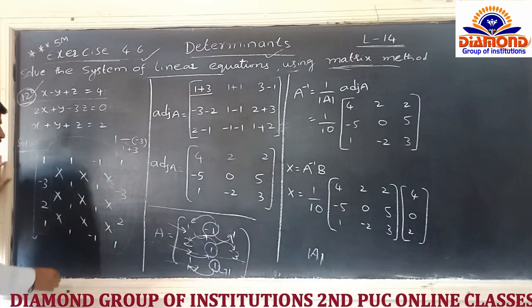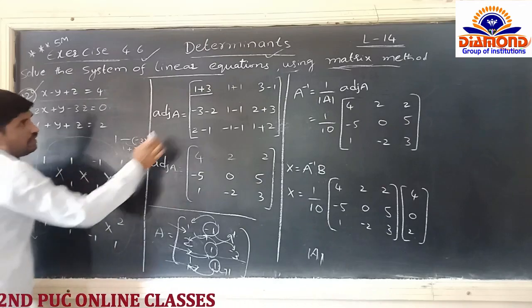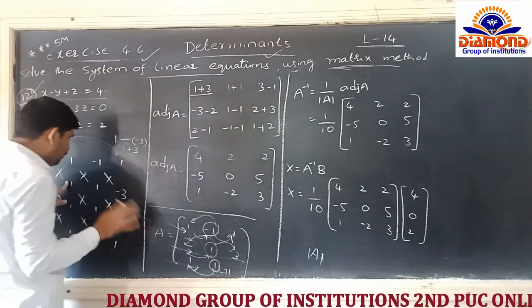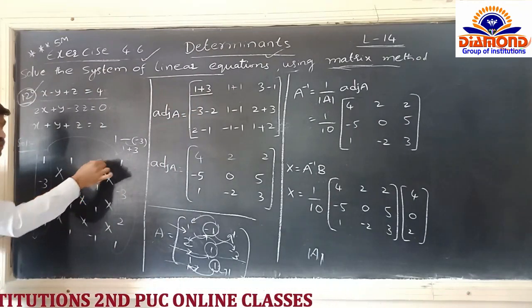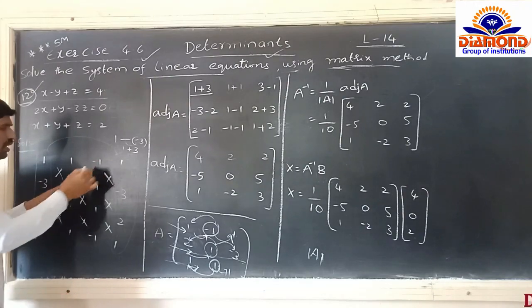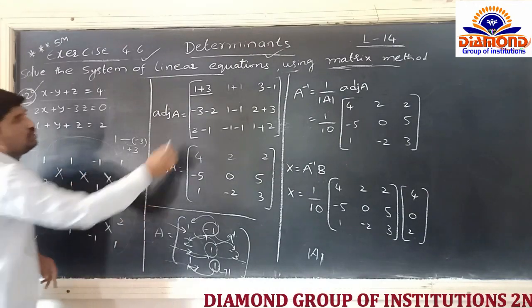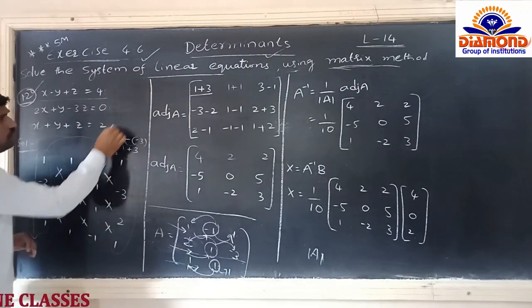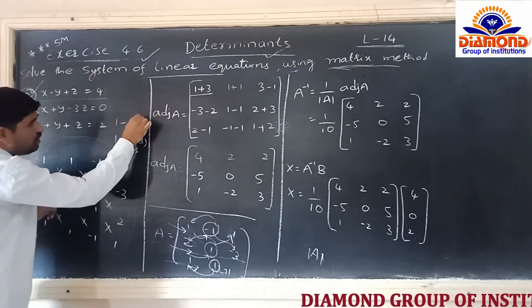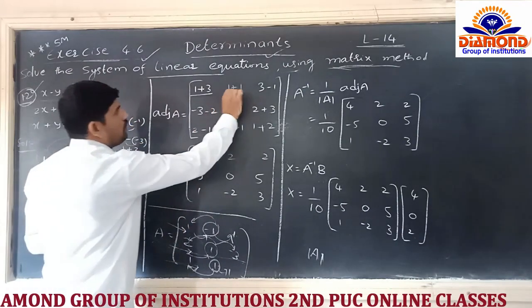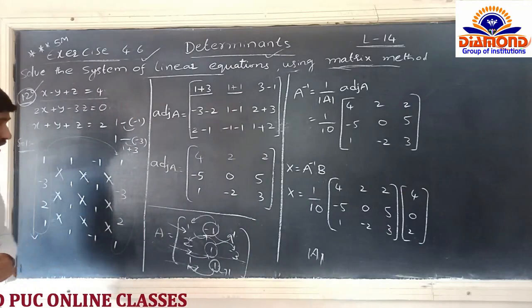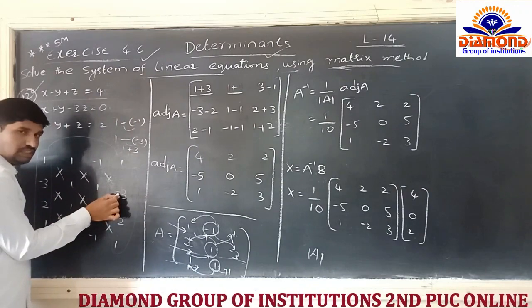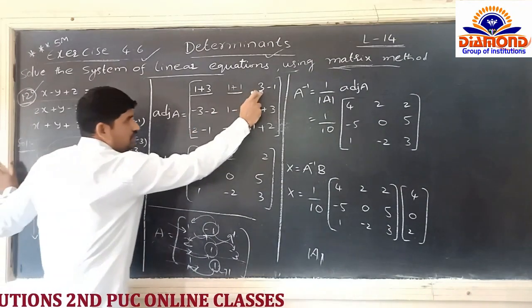Yes. After completion of this one, see the next one. 1 into 1 is 1. Yes or no? Again remember, in between we have to write the minus. I know that. But if in front of these two there is a negative sign, any one number having the negative sign, then in between we have what? That is the plus sign. So that's why plus into minus is minus 1. So 1, in between minus, but there is again minus, minus and minus is plus. That's why we can write this as 1 plus 1. Yes. And the last one in the first row, we can write minus into minus, that is plus 1 into 3 is 3. Yes, completed now.